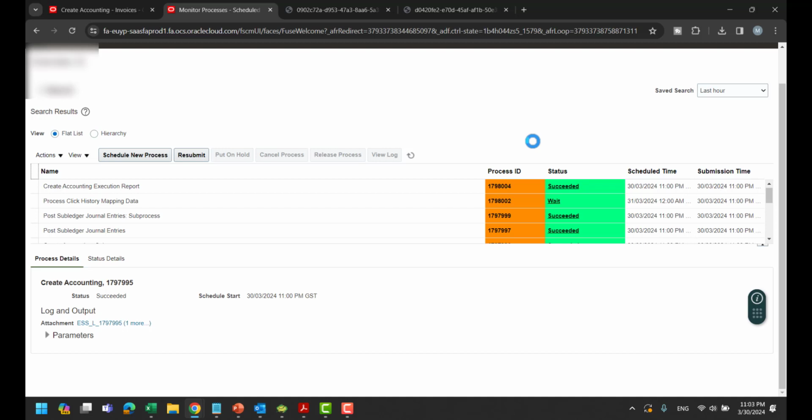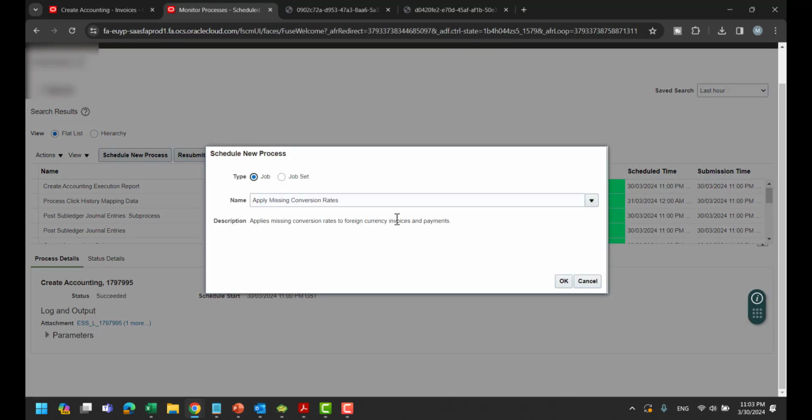I run create accounting, with transfer to GL and posting. So now you can try to close the period,